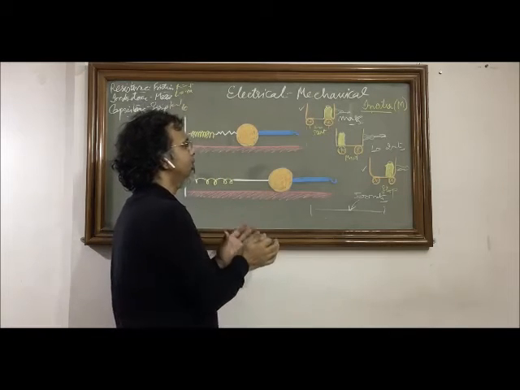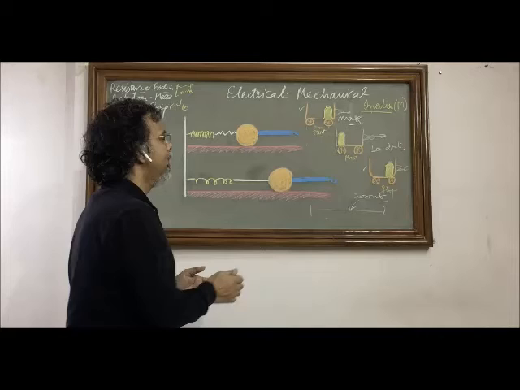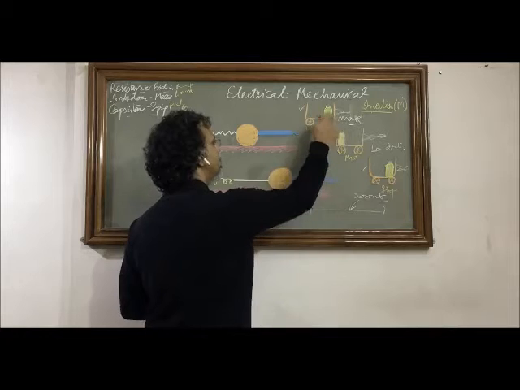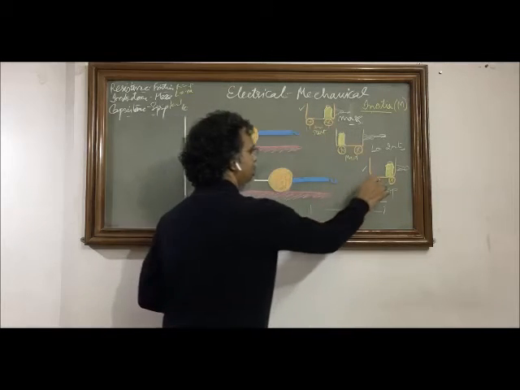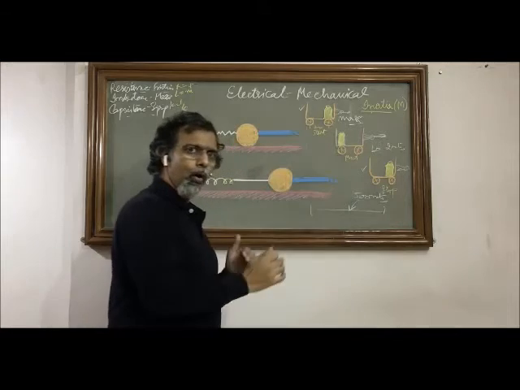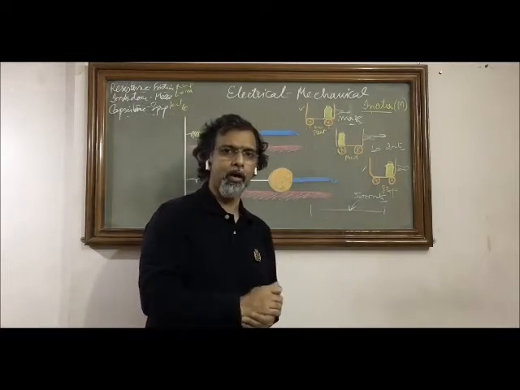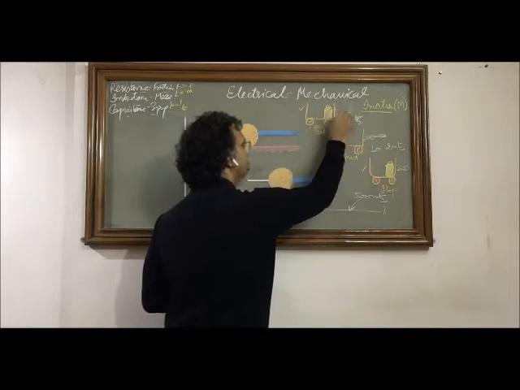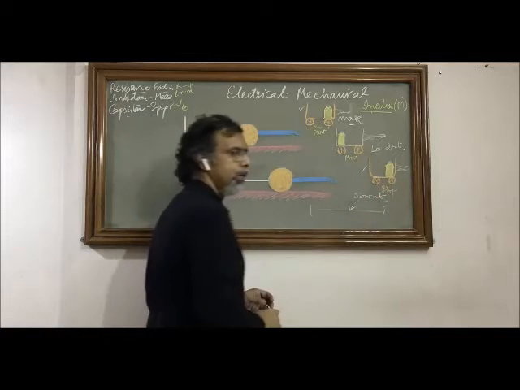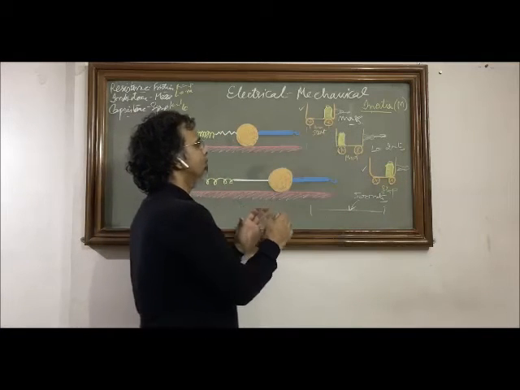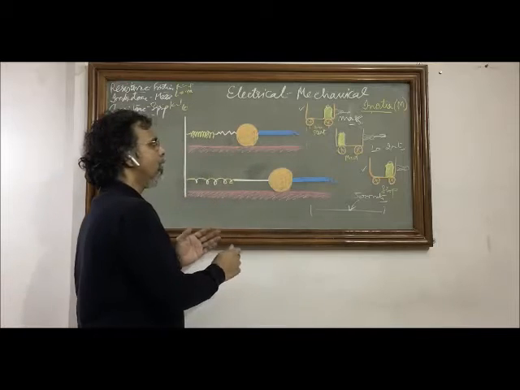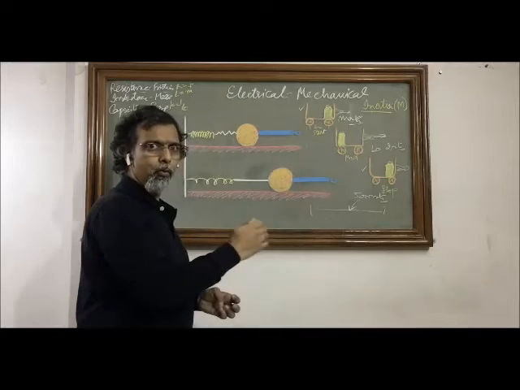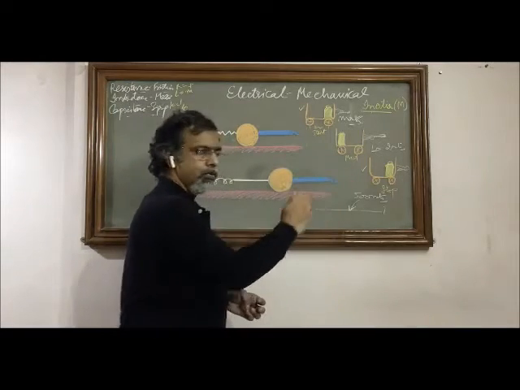There is a difference in the tendency, or in the inertia, between the initial and the final point. Initially the tendency is to keep itself at rest, but finally the tendency is to keep itself in motion. So how has this change of tendency occurred? It occurred because the inertia has stored that energy which was initially trying to pull it, and now it is trying to stop it. So in a way we can say the mass, or the inertia, always tries to resist what is happening to it. If it is trying to move, it will resist the movement. If it is trying to stop, it will resist the stopping.